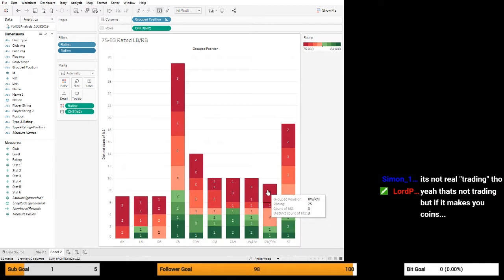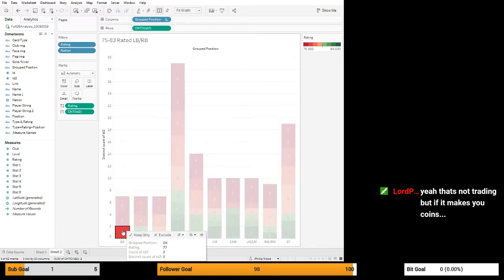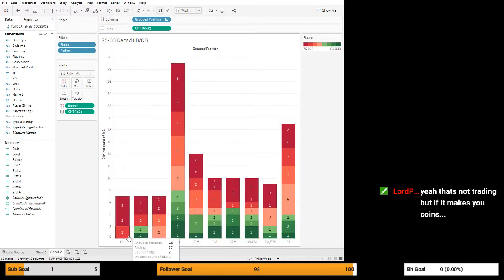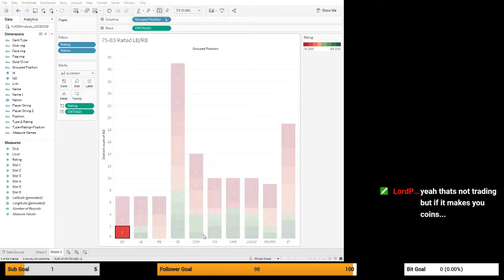So for this one, I'll be looking at right mids probably. Midfielders you're pretty set for. Right backs, you haven't got many right backs from Brazil. And goalkeepers. So I'd probably be looking at these 77s, especially before the SBCs go out. What a tune, by the way. Never really read them, but